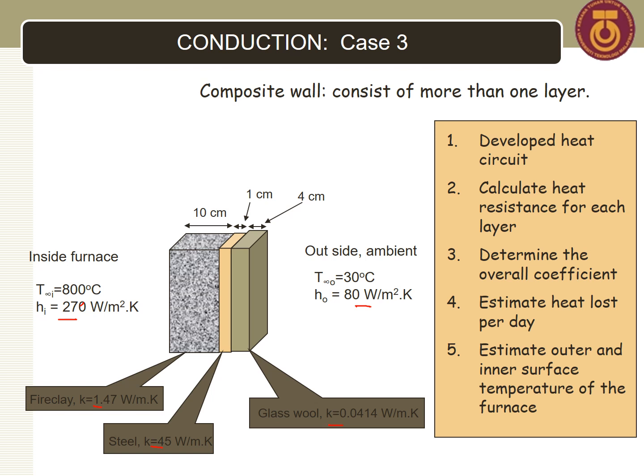So here also gives you some clue. For the heat to be transferred from the air to the wall surface and from the wall to the outside air, it is another process called convection. And this h actually stands for convective heat transfer